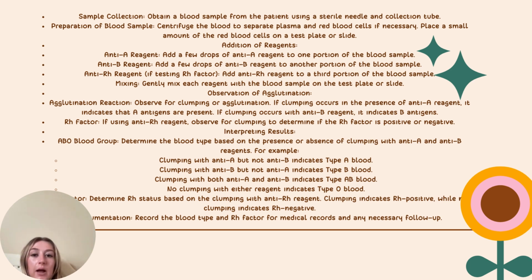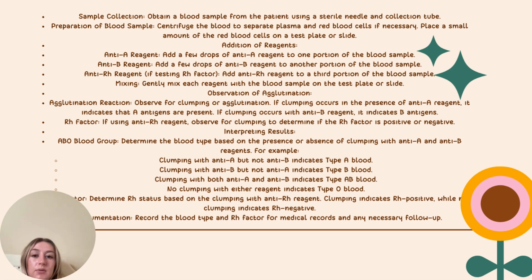So I'm going to go through it very briefly, but first you would obtain a blood sample from the patient using a sterile needle and collection tube. For preparation of the blood sample, you would use the blood to separate plasma and red blood cells. If necessary, place a small amount of the red blood cells on a test plate or slide. Addition of reagents: anti-A reagent, add a few drops of anti-A reagent to one portion of the blood sample,